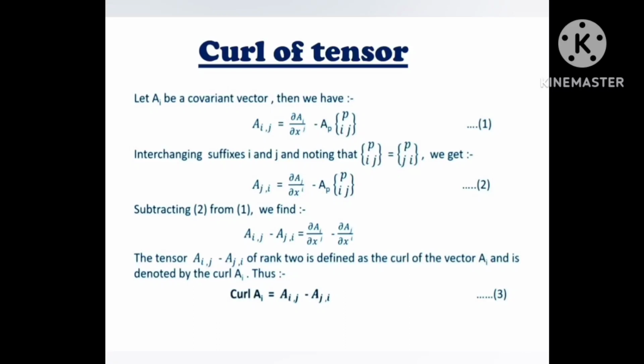The tensor A_i,j minus A_j,i of rank 2 is defined as the curl of vector A_i and is denoted by curl A_i. Thus, curl A_i is equal to